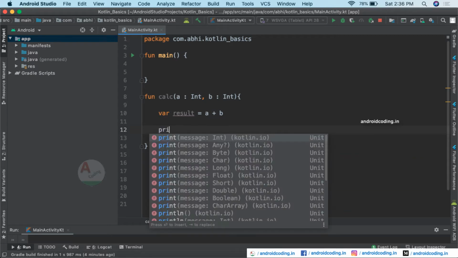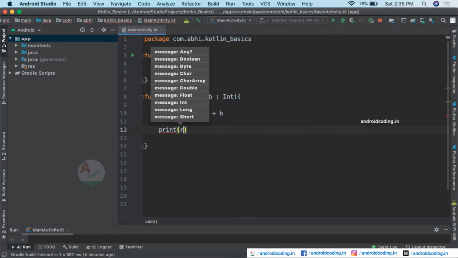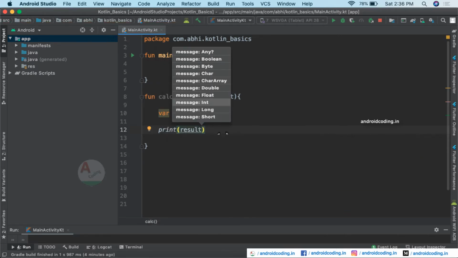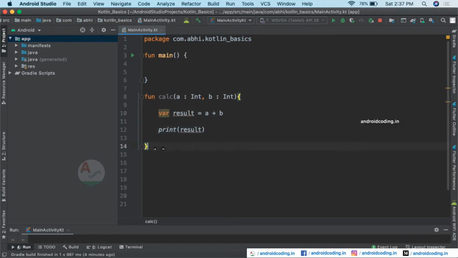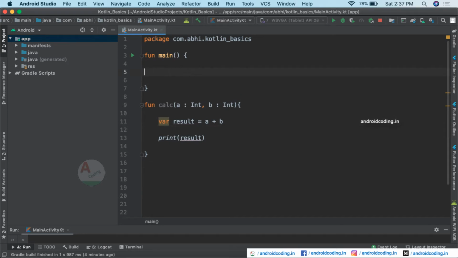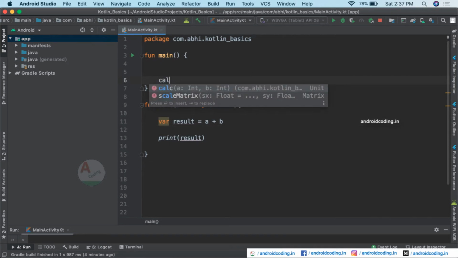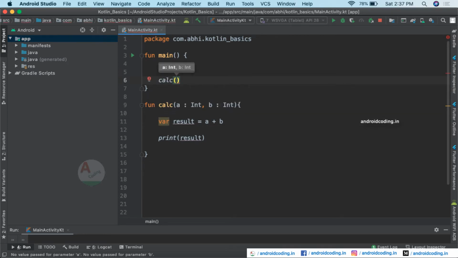Instead of returning the result, we will print it in the method itself. So this is a basic function declaration, and I think you are clear with it. From the main method we will call this function by providing 1 comma 2. Here you can see a is 1 and b is 2.